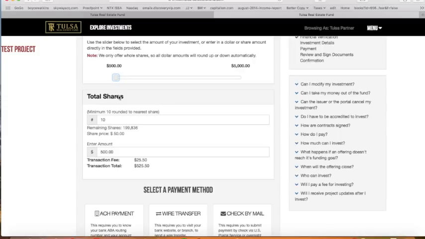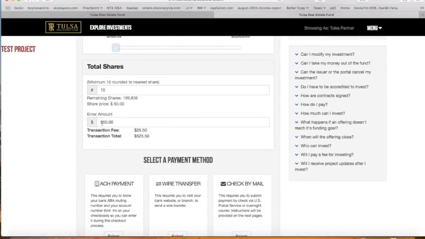The first thing that the transaction fee covers is the AML check. AML is short for anti-money laundering. This check looks at an individual to see the source of their income, the source of their money. The second check is the KYC, which is Know Your Client. This verifies your name, so this is why you have to have your legal name, social security number, your address, et cetera. Those two checks are the biggest things, and there's also checks as far as your identity and things of that nature.